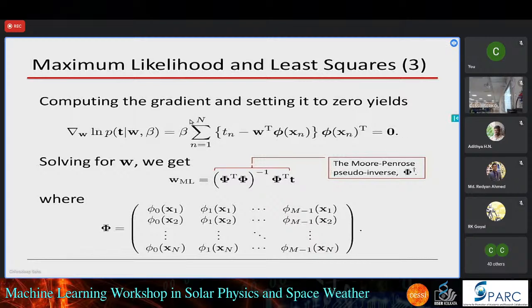If you remember, we had a half here. That half is now gone, because if you differentiate, this becomes 2 times this, and then times phi of xn. So you get a system of linear equations something like this. And if you do a bit of matrix arithmetic, you will see that you can solve this using what is called